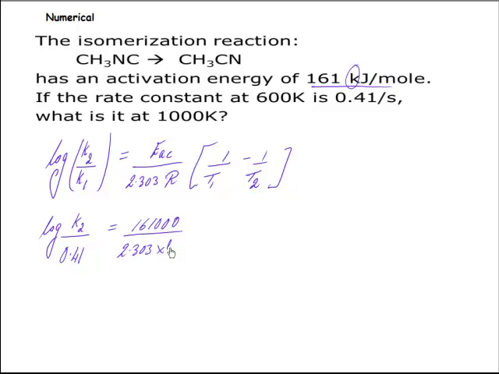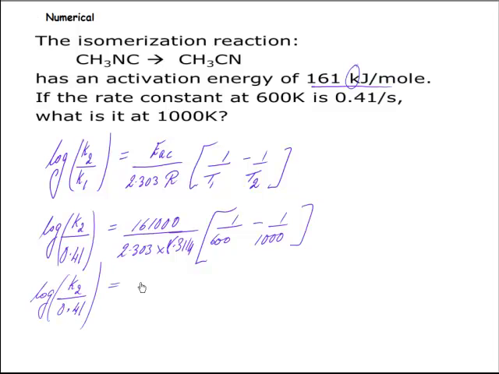The value of R is 8.314 and 1 upon T1 is 1 upon 600 minus 1 upon T2, which is 1 upon 1000. So log K2 upon 0.41 is effectively equal to